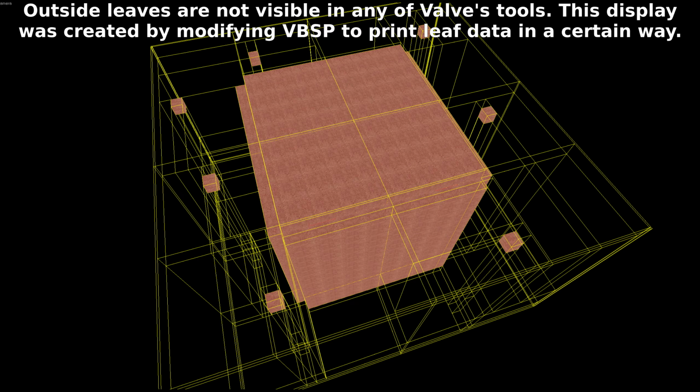Which leads to the next question, how is a leak found? We can't tell what's in or out accurately, but we can establish an area that we know is definitely outside. We look at the coordinates and size of every world brush and create a box that fully encompasses all of them. Then for every entity, we mark the visleaf it resides in as being occupied, which basically just means it's considered inside the level, and then that's done recursively for all neighboring visleaves. If this process ever spreads out to touch the bounding box we created before, then there's a leak.